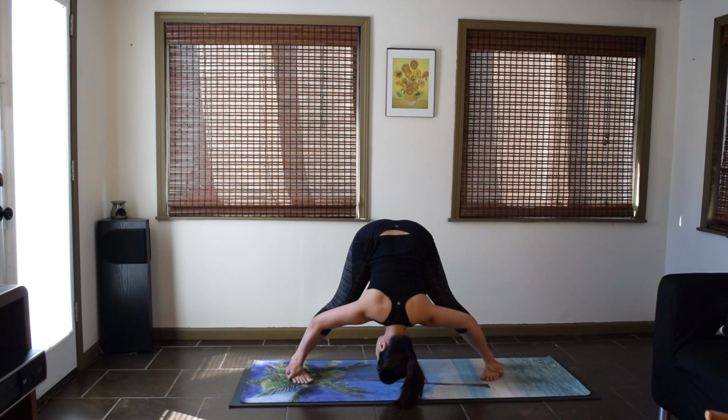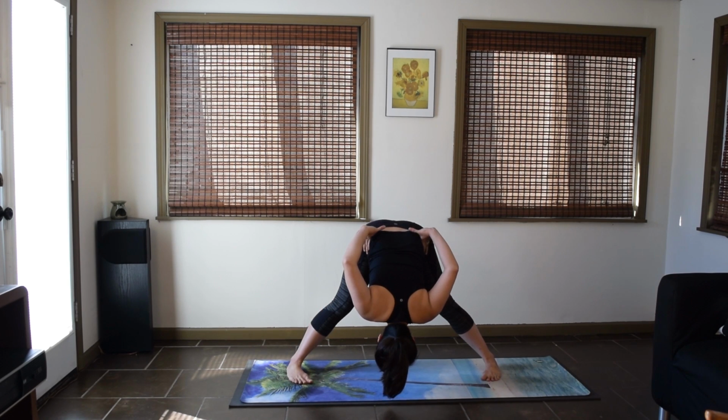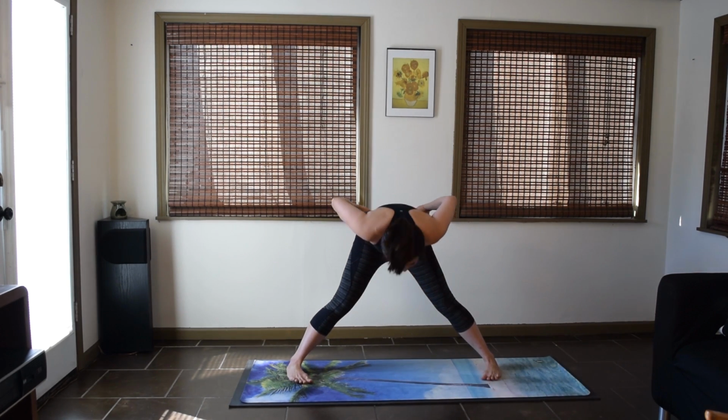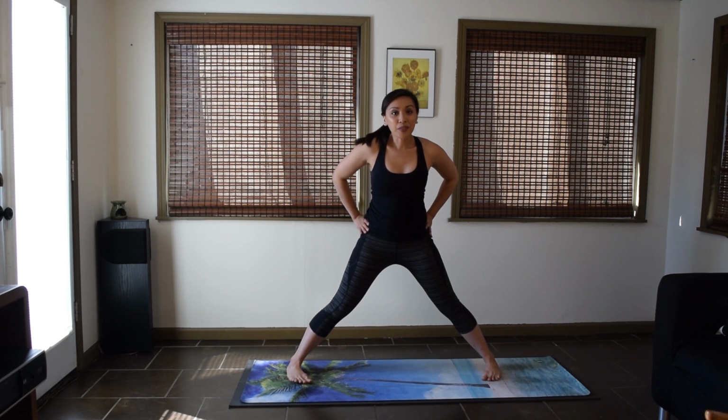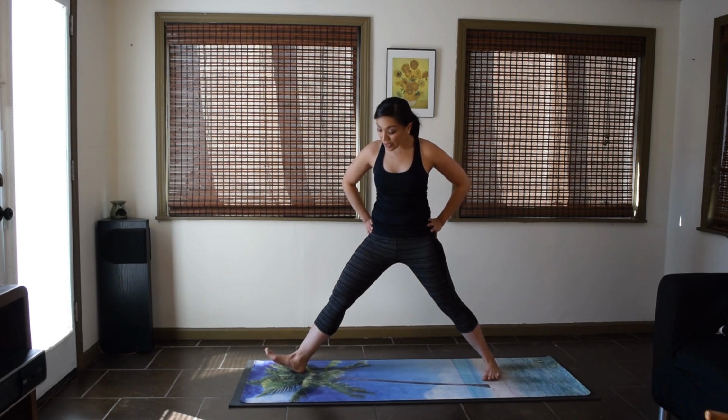We'll get ready to come up. Release your grip. Place your hands on the hips. Use the strength of your legs to lift you all the way up to a standing position. And find your warrior two from here. Turn your right foot out,